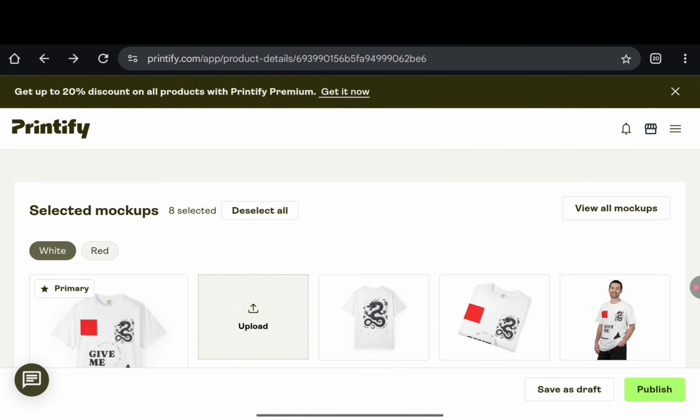Now they have the paid plan of this, and they have the free plan of this. I'm using the free plan because over here it says at the top, get the premium. I don't really want to get the premium right now. With the free plan, you'll be limited to the amount of products or services you can use per month, right? But it doesn't really mean anything. I mean, all you need is one product per month. You get one product, and then if you want to put money into it, you run ads on the product. If you don't want to put money into it, just market the product on your social media. For that whole month, you don't really need to create another one, right?